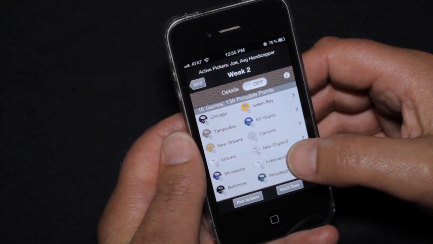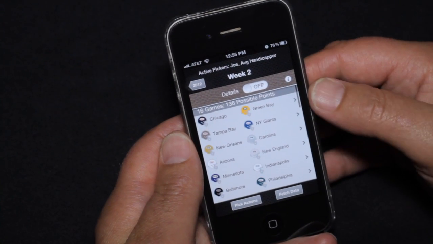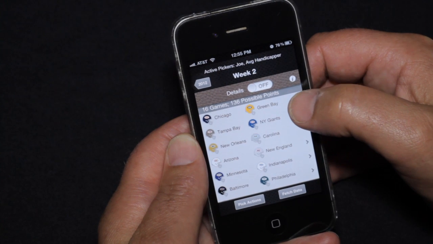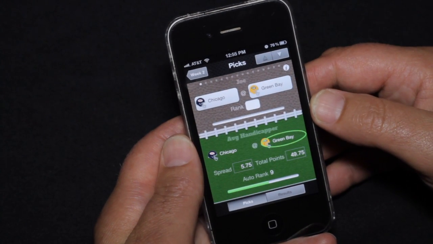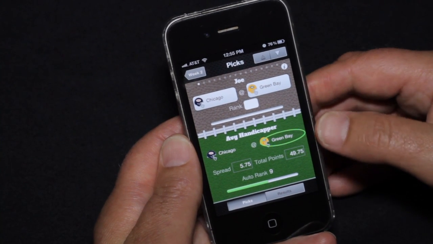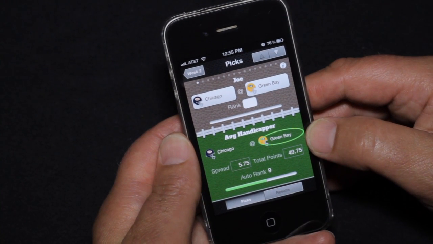And the person we're going to pick for is Joe once again. So there's no picks yet for Joe. Now, selecting a particular line in the table here brings you to a detailed view. And so here you see the average handicapper. It shows the favorite team is Green Bay. The spread is